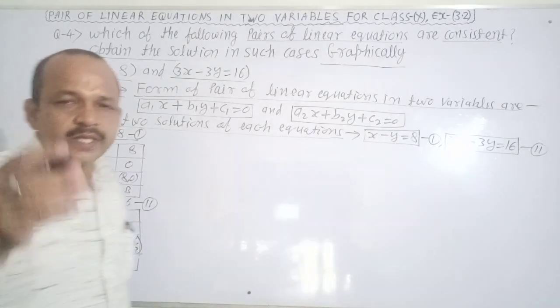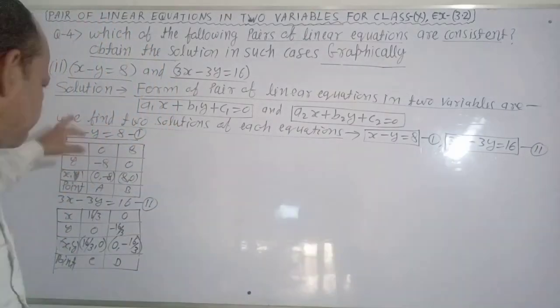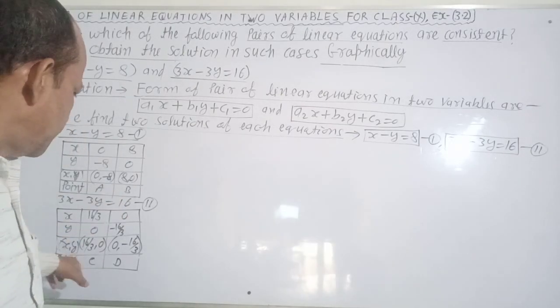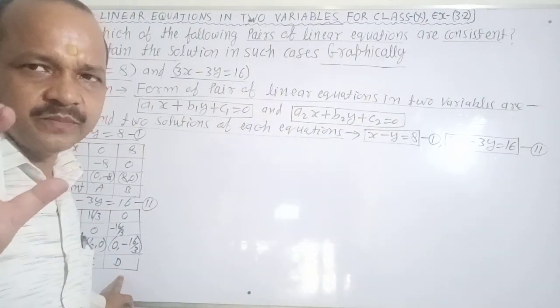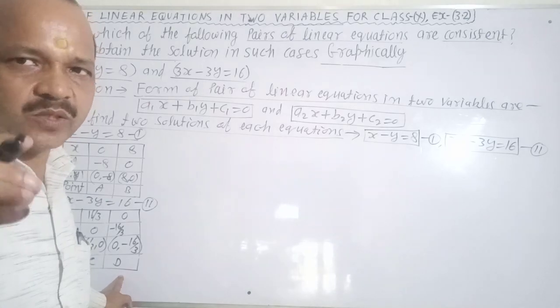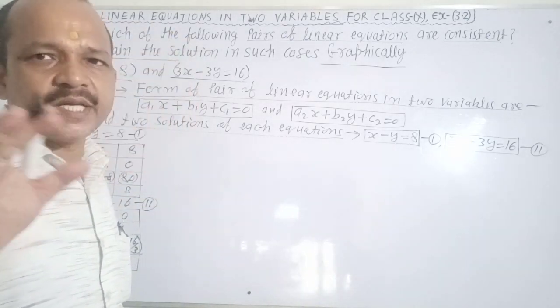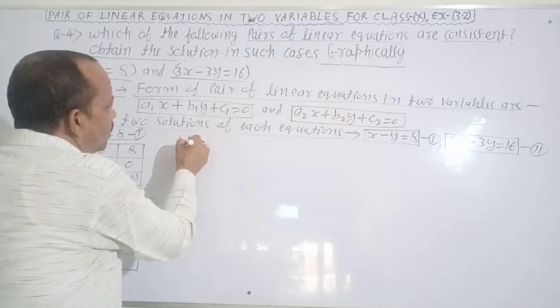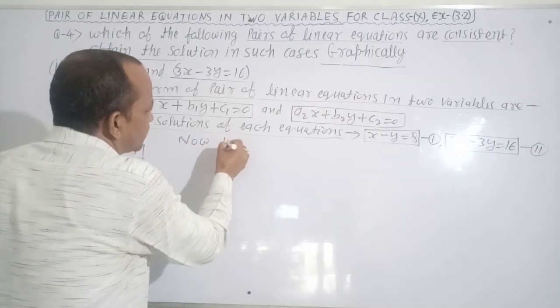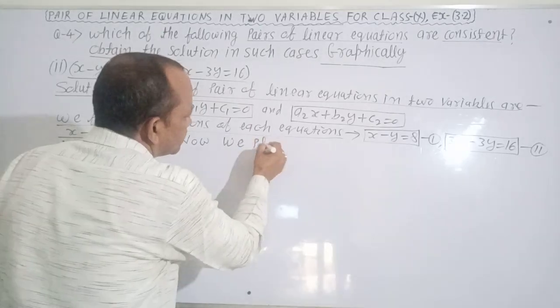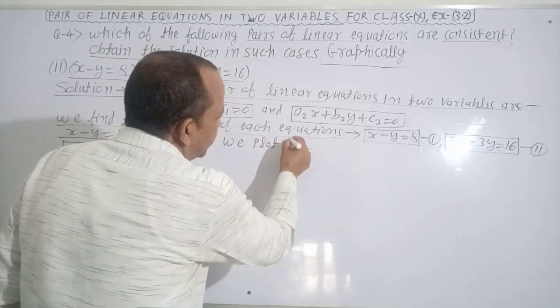Is it clear? You find the coordinates of points A, B, C, D. Clear? No confusion about it? Very good. We plot points A, B, C, D on the Cartesian plane. Now we plot points